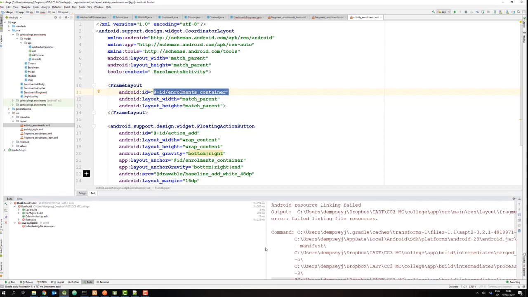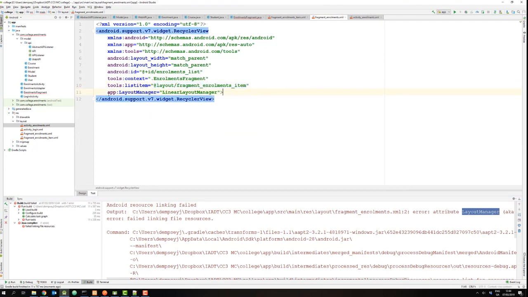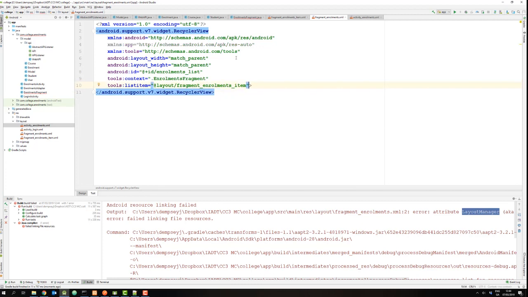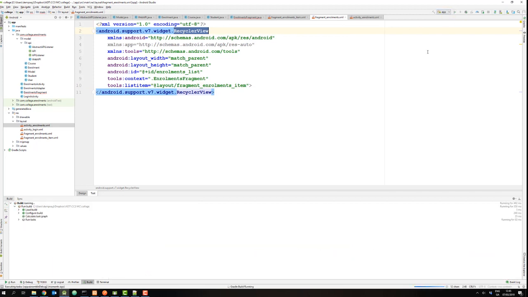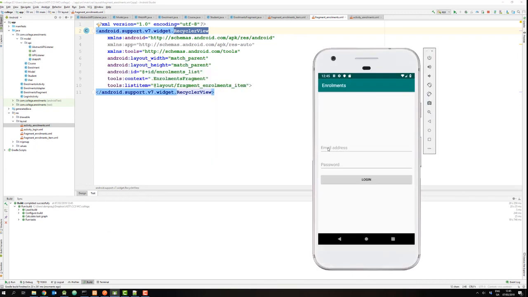So the error it's saying is attribute layout manager. I've seen this before and I'm not quite sure. So it's this attribute here, it's saying it doesn't find this attribute. We don't actually need to specify our layout manager because that's going to be done when we configure the recycler view. So I'm just going to save that, and if I go to run it again, it'll rebuild it. And here is my app, and if I log in,